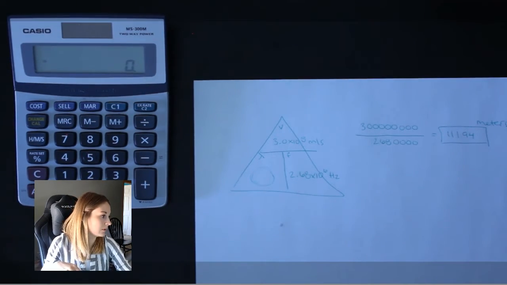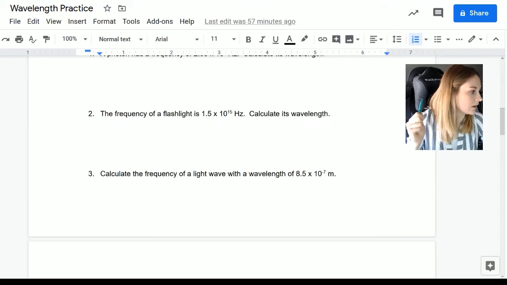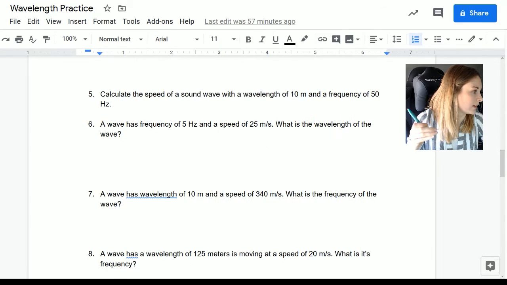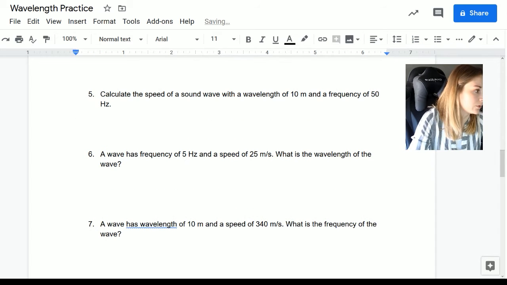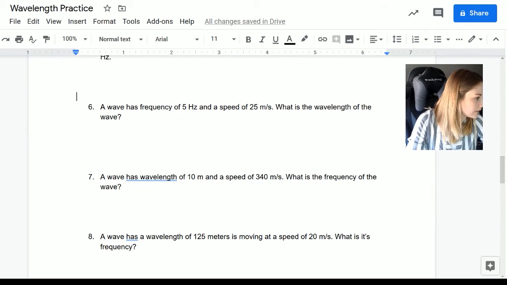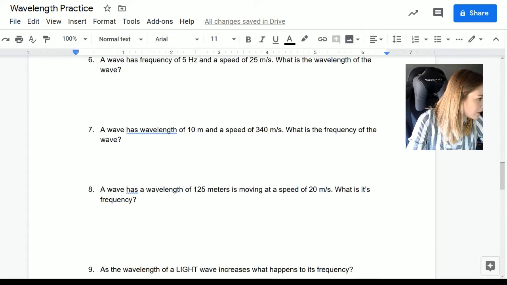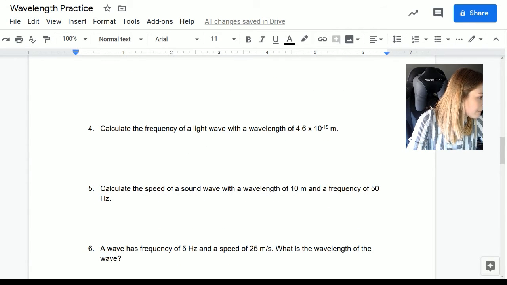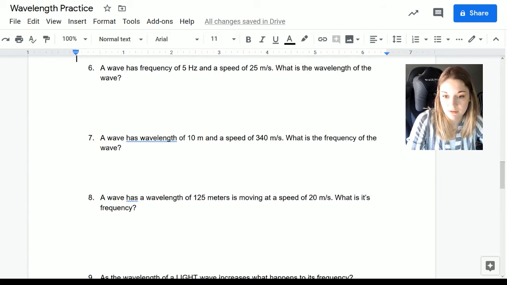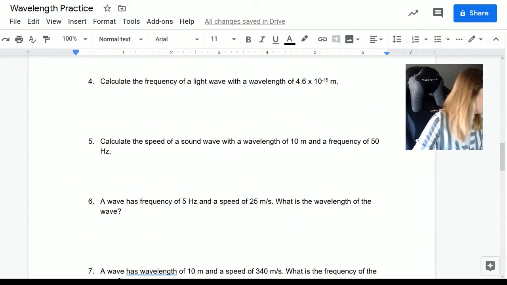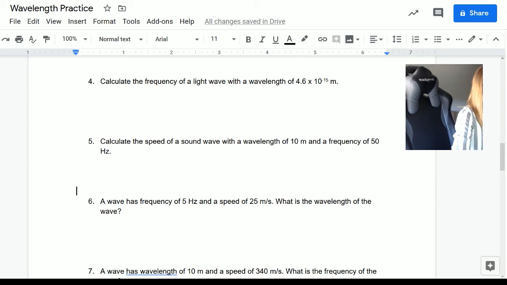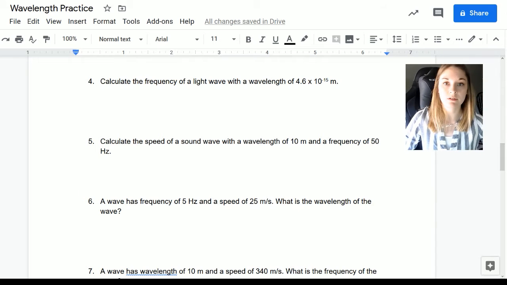Your other example, which you will see, has to do with waves that don't deal with light. So like this one is dealing with a sound wave. So we'll do number 5. And just to kind of give it away for you, the first 4 questions have to do with light, and then after that, I believe they're all others. And then there's just some general questions about the two. So I'll do number 5 as an example. It says calculate the speed of sound with a wavelength of 10 meters and a frequency of 50 hertz. So to show you what I'm doing here,